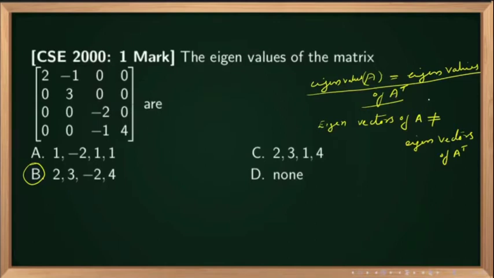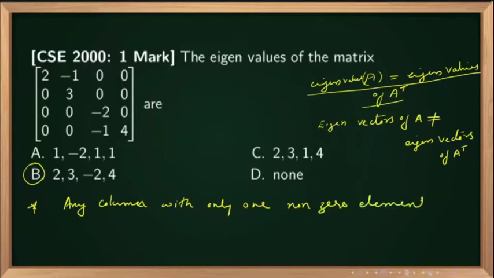Now the next property which you should remember is, if you have any column with only one non-zero element,